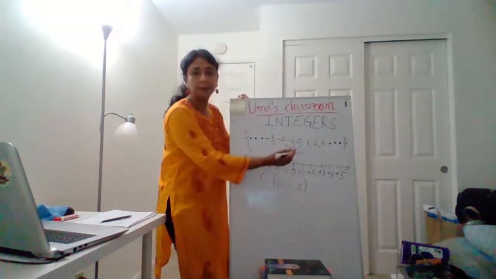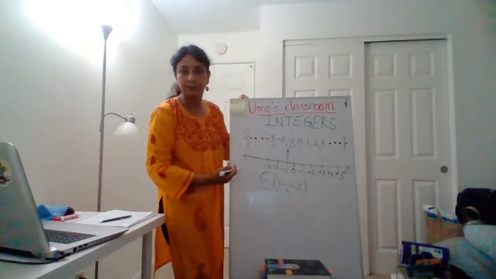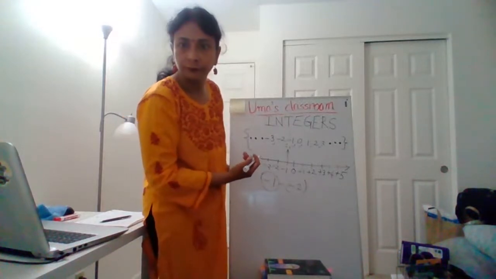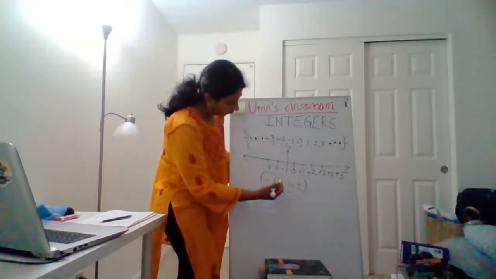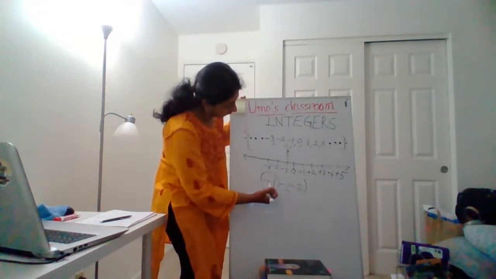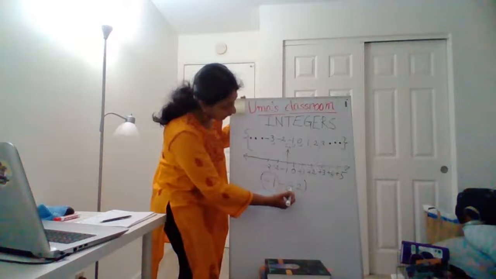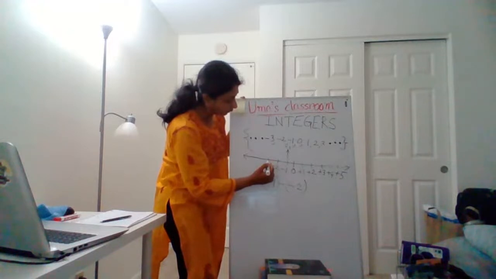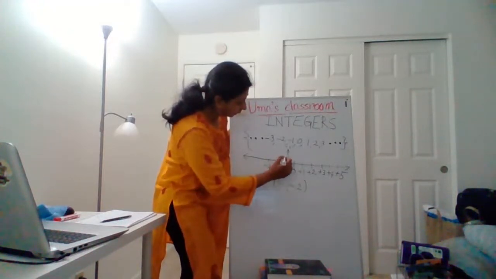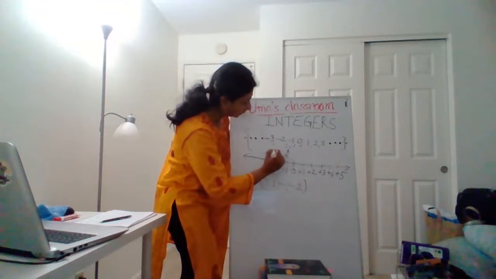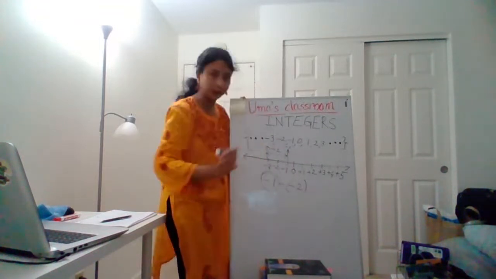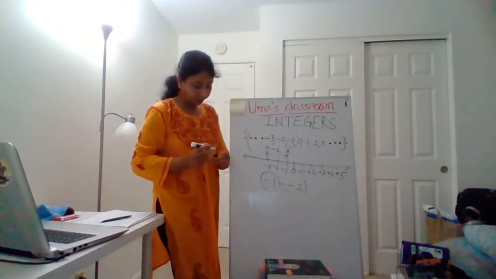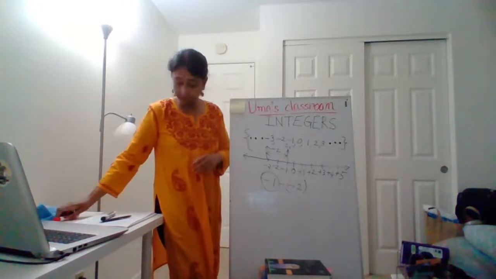Then again negative, that means I would be moving towards my left. So if I'm moving towards my left, how many steps do I have to move? 2 times. So 1, 2. Definitely, when I am moving towards my left, this is the position where I can reach. And now if I count what is the value of this position, it is,